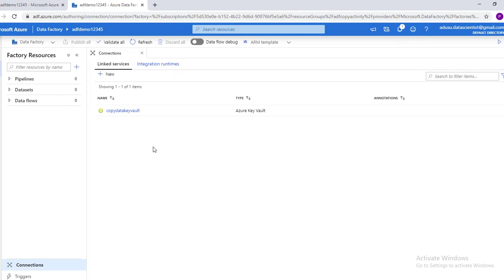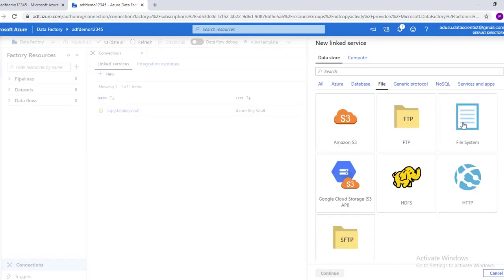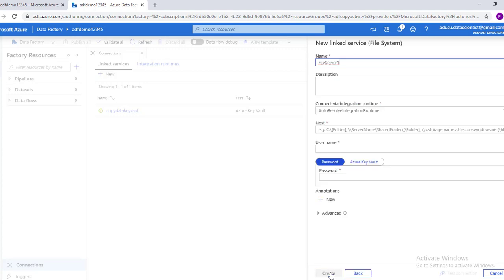Now we'll create a linked service for storage. Now we have to select file system, continue. Now here input folder storage.